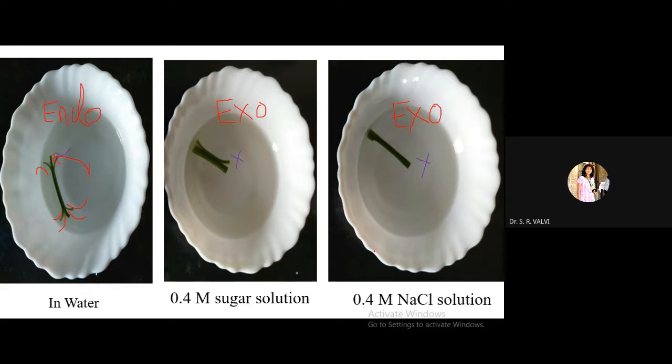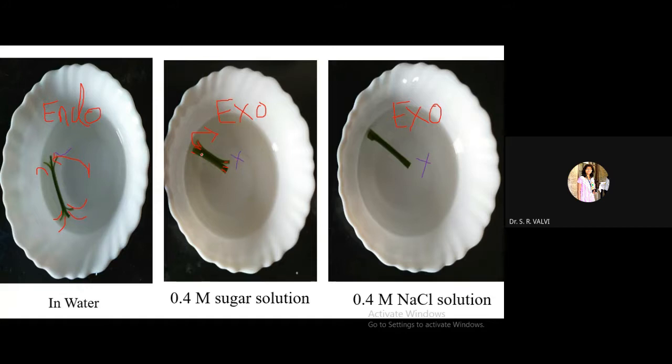Whereas in this sugar as well as NaCl, in sugar you can observe a little bit, not much, somewhat little. Here you see the rest of this portion remains as it is. Here I have made this plus cut, but there are no such four parts separated out like the previous one, right? So due to exosmosis, what happened? The solvent from the cell sap is moving from this petiole towards the outside solution. Our definition of osmosis: the movement of solvent molecules from lower concentration to the solution of higher concentration.